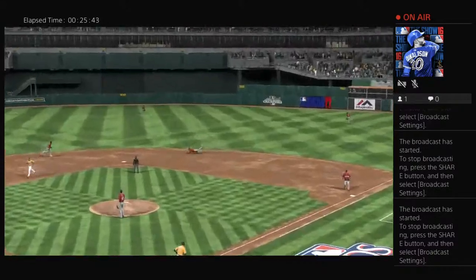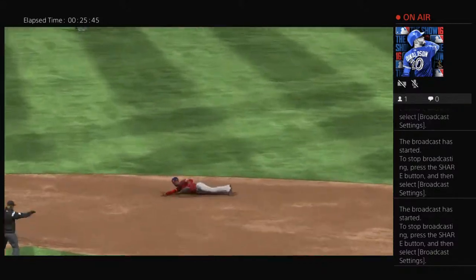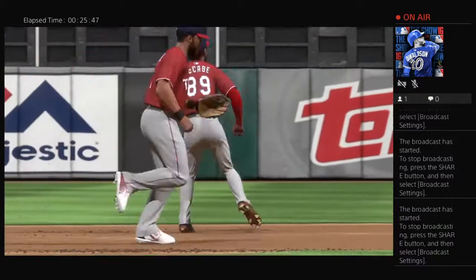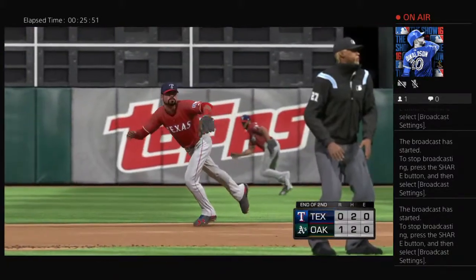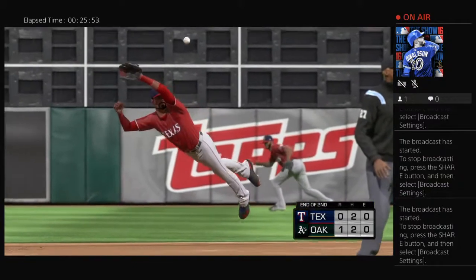Hit hard towards second, but a great diving catch here will end the inning, and he might have saved a run in the process as well. That's as good a play as you're going to see a second baseman make, and he does it to end